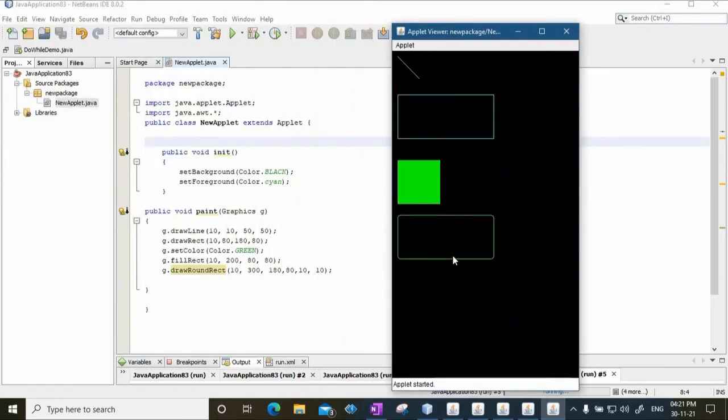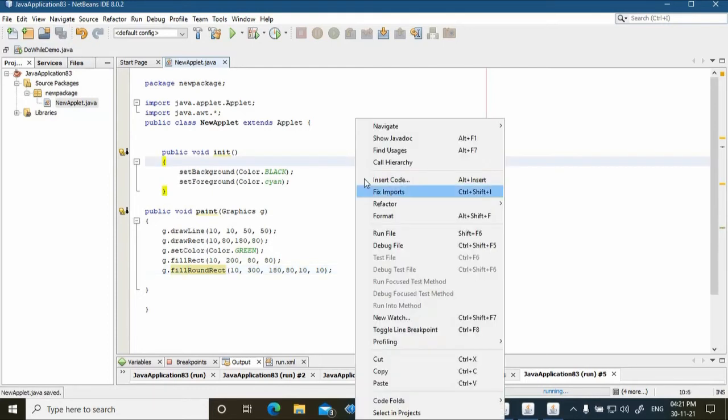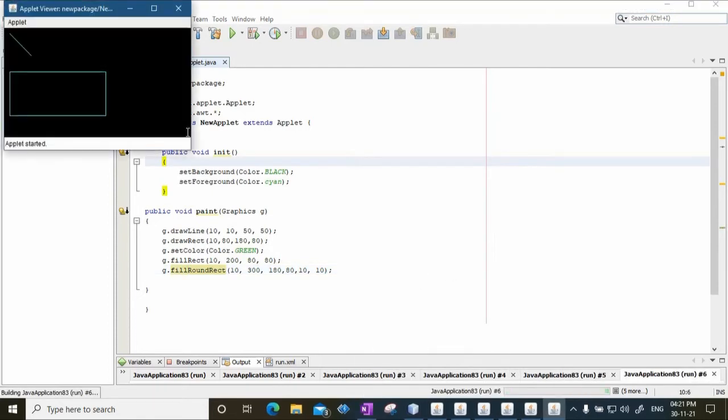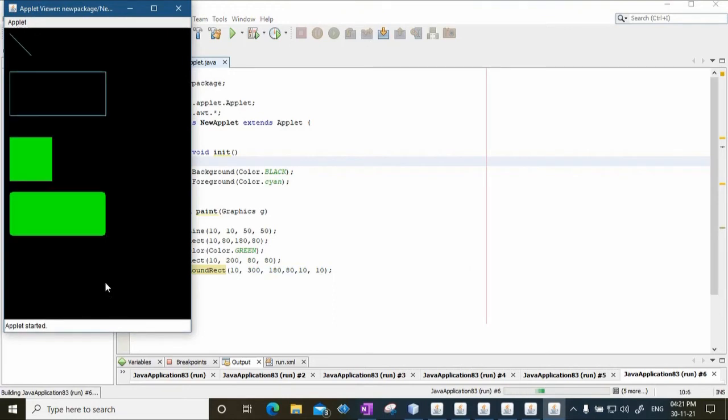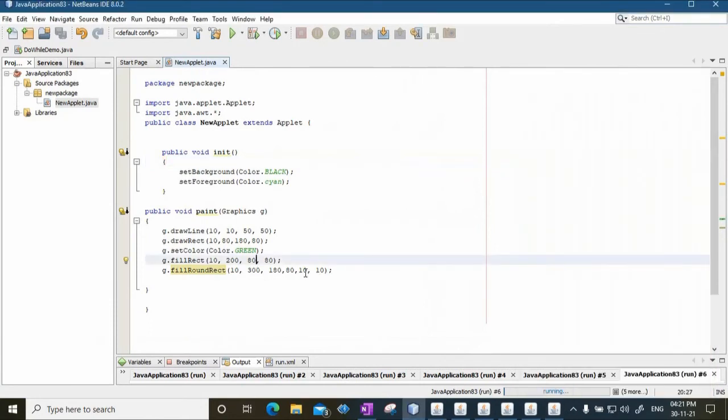But this rounded rectangle is hollow. So if I change this draw rectangle to fill rectangle, fill rounded rectangle, if I do this, then you will be able to see that the rounded rectangle that we have drawn is filled. Now you can increase the width and height of those corner arcs, so that will give you a more rounded figure.